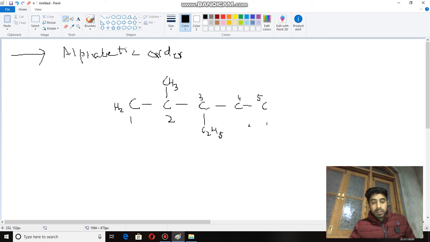Now see what I wanna tell. It's CH2, this is C, already CH, this CH, this is H2, this is H3. Now when we are going to name this compound, there are actually two substituents, 1 and 2. So which one to name first? This comes at position 2, this comes at